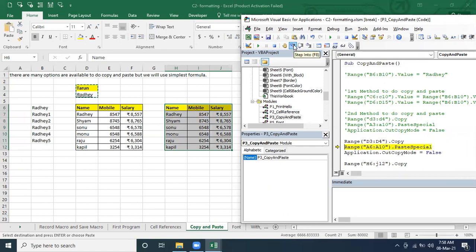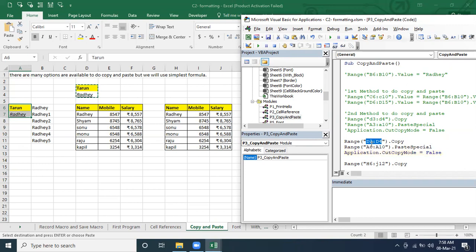We copied this one and we are going to paste. It's going to paste only, A6 to A10 didn't paste, correct? We defined A6 to A10, but it pasted only to those areas we have copied, and apart from that it is not going to paste everywhere, correct? So this is the problem. But last time it was pasting or not? Yes, last time it was the same thing, so it pasted to the entire range.